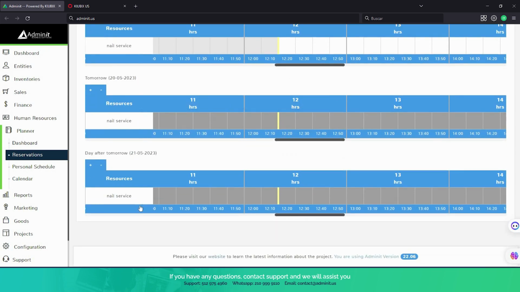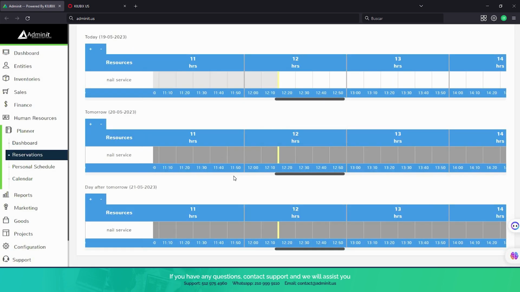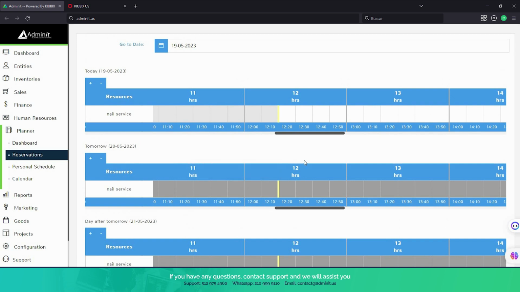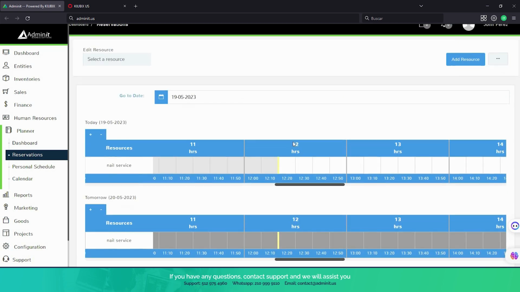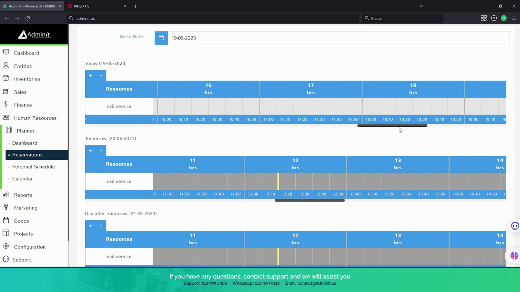And of course, for tomorrow and for the day after tomorrow, it'll also be included. So now let's say a customer walks in and wants this nail service. The only thing left to do is find a slot for them. Let's say they want to be added at, I don't know, let's say at 11, we'll go ahead